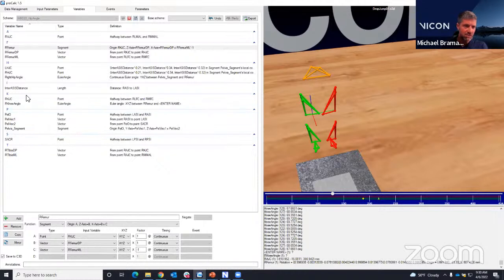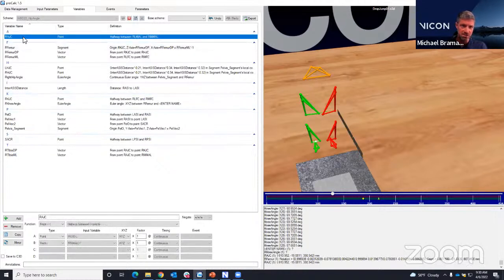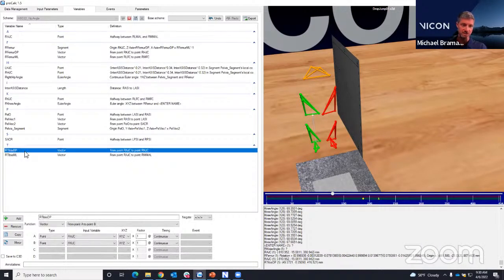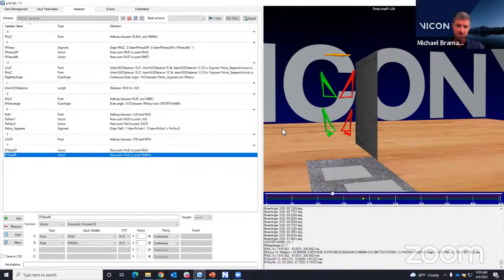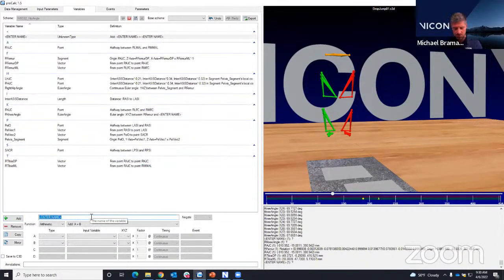I'm going to do something similar with this tibia segment. I've already defined my ankle joint center, which is just midway between the medial and lateral malleolus markers. I've even defined those vectors already: a proximal distal vector extending from the ankle joint center up to the knee joint center, and a medial lateral vector going from the ankle joint center to the medial marker, just like I did with the thigh segment. So let's go ahead and create that right tibia